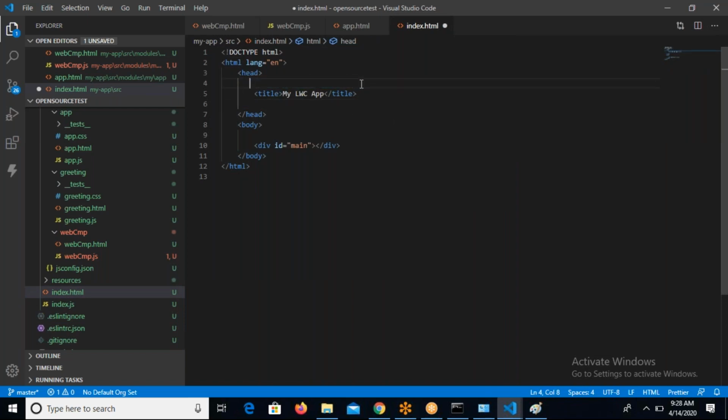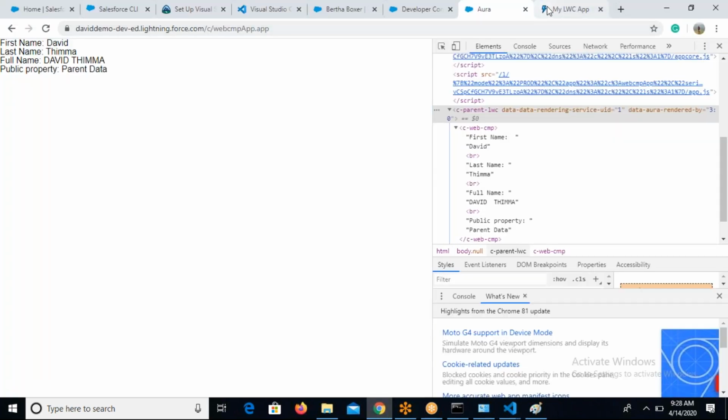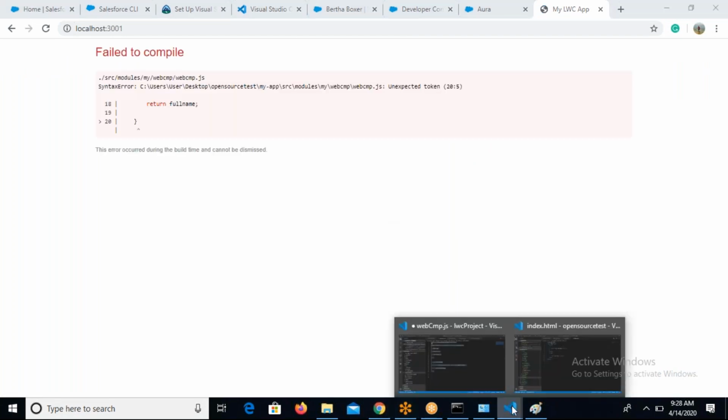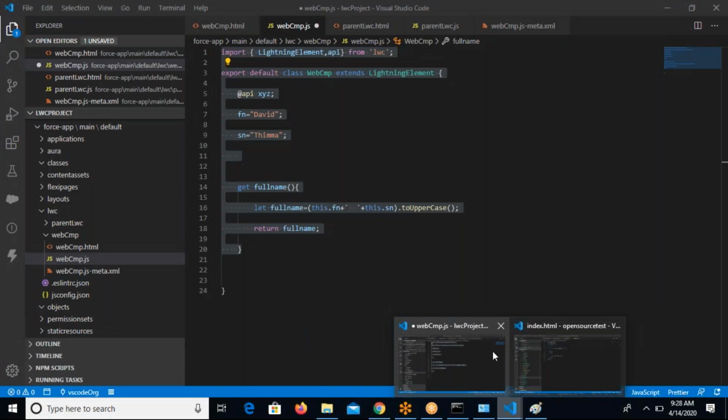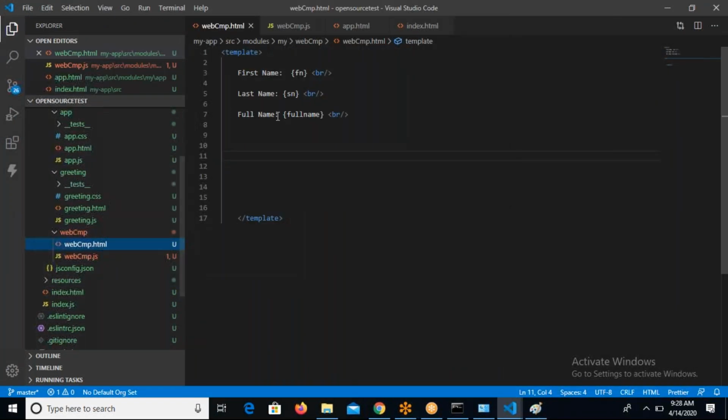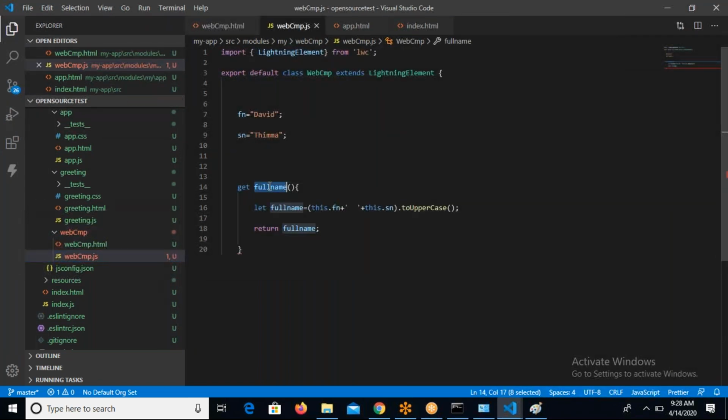I also don't need this. So let's head back to our local host. Okay, maybe let me check my front end now. Full name. So this full name,